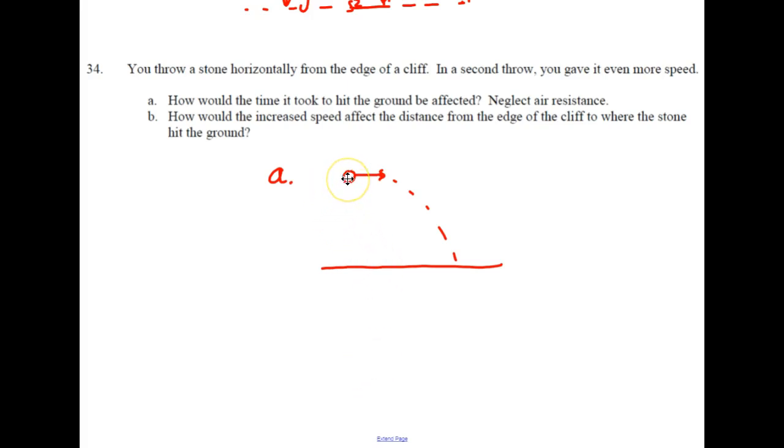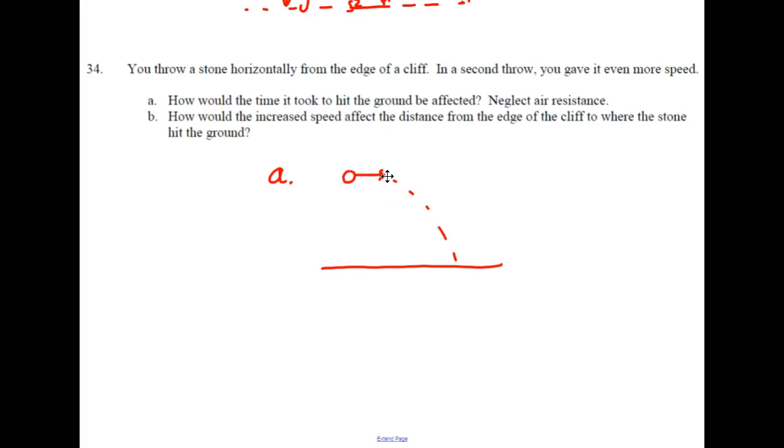I've drawn a little diagram here. Here's your stone thrown horizontally from the edge of a cliff and the path that it takes. And what you learned from your video lesson for a projectile fired horizontally is that it is the same as being dropped. So it would not matter how fast you throw the